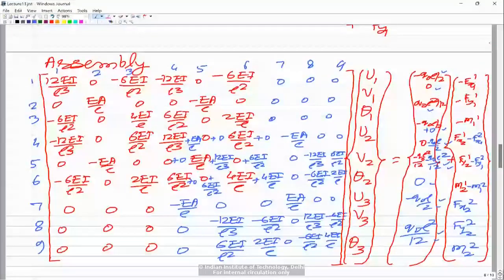So in a nutshell, you would see that the contributions of the first element are going into the first six rows and columns of the global system, and the contributions of the second element are going into the fourth, fifth, sixth, seventh, eighth, and ninth rows and columns. So that is how this assembly is done. So we call it the global system. Let's say this is equation number one. Now if we talk of boundary conditions,